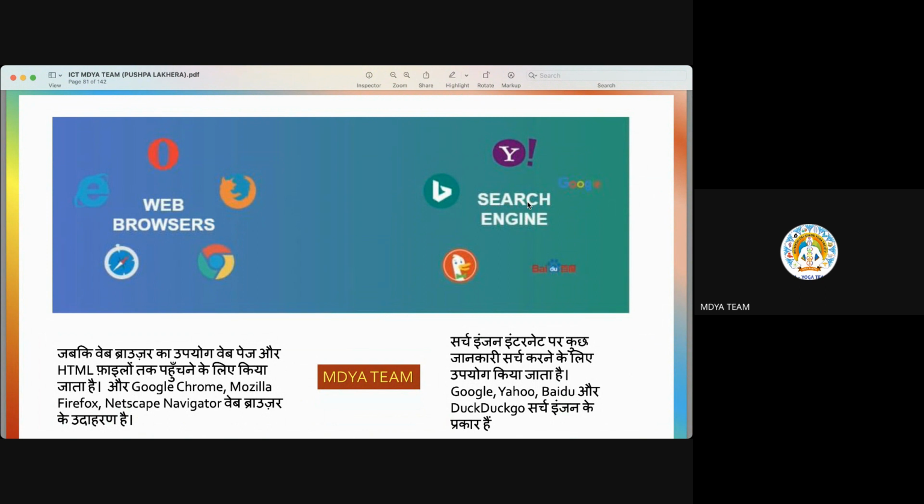So what are the search engines? Like Google, Yahoo, Baidu. They all are search engines. And these search engines make their respective browsers to access different web pages or HTML files. Like Google made Google Chrome; there are Mozilla Firefox, Netscape Navigator. Through that, you can go to a particular web page, you can browse, you can access the net. So that way,